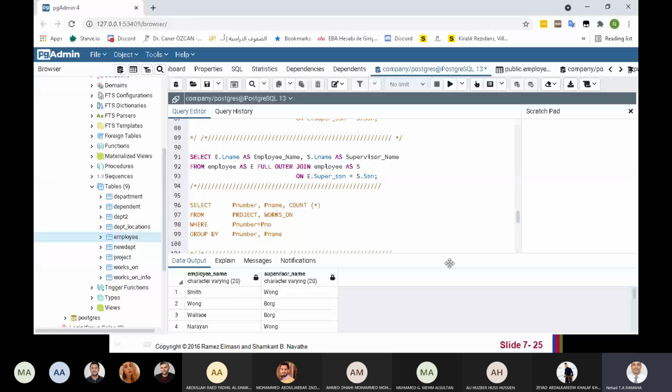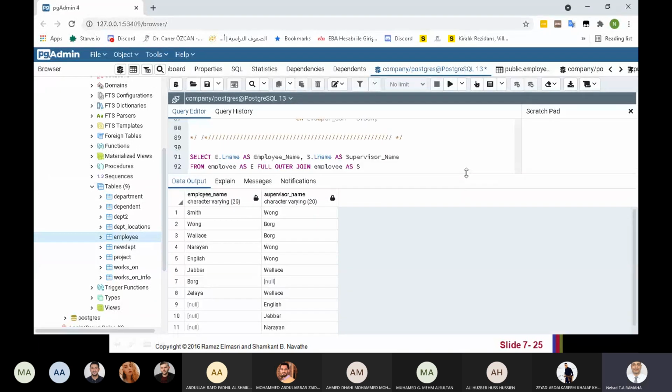In the full outer join, okay, this employee has a supervisor. This employee has a supervisor. This employee does not have a supervisor, then he will appear. This supervisor does not have an employee. Actually, it's all employees that are not supervisors.